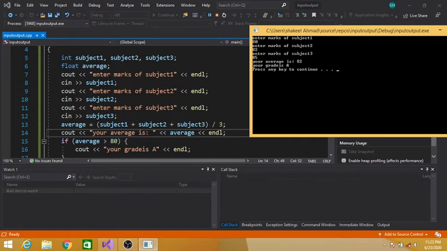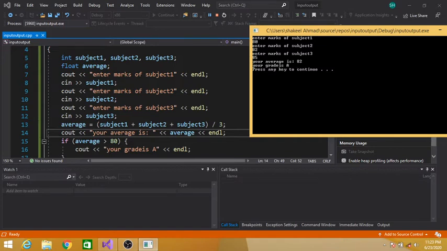Once again, first we are displaying messages, "Enter marks of first subject", and then we are getting input from the keyboard for these three subjects. Then we are calculating the average and storing it in the average variable, and then we are displaying the result of average, that is 82.